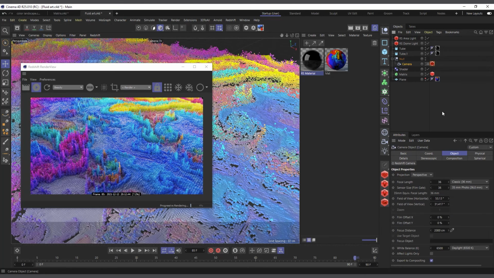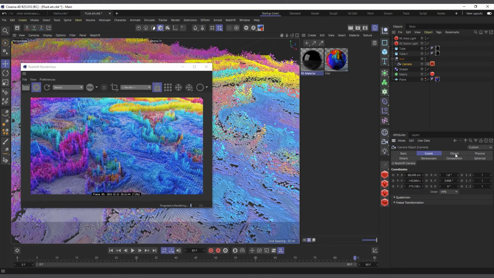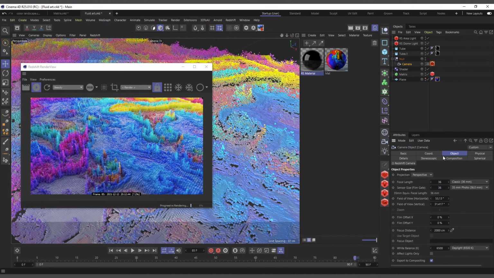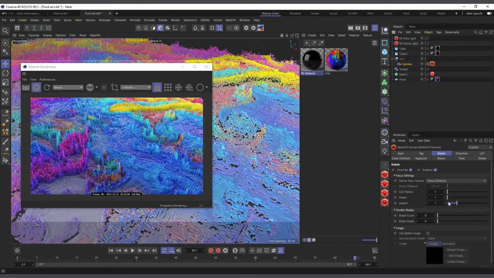So I can come to the camera focus distance and set it to, say, 600 for us to see, and let's increase the blurriness. I'll increase this one to say 5 just to see how it's working.